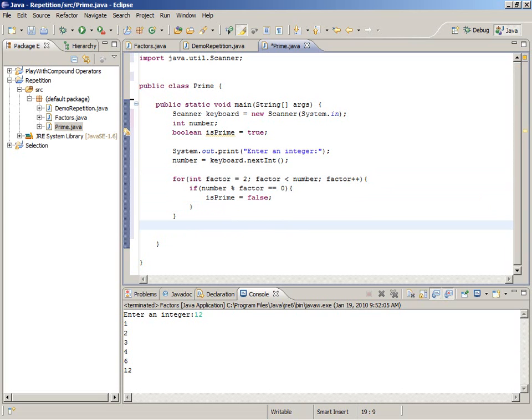Now, after we've determined that the number is not prime or it is prime, then we're going to print out a message. So if isPrime, that's a strange looking if statement. An if statement requires something that evaluates to a Boolean. isPrime is a Boolean variable. It either has true in it if we didn't find any factors, or it has false in it if we did find a factor in that range. So if isPrime